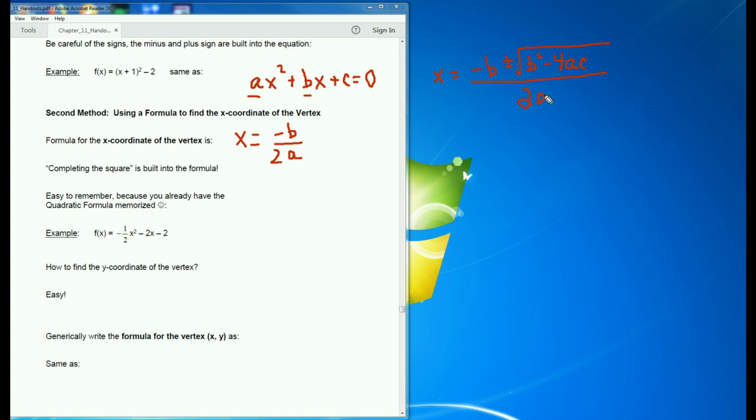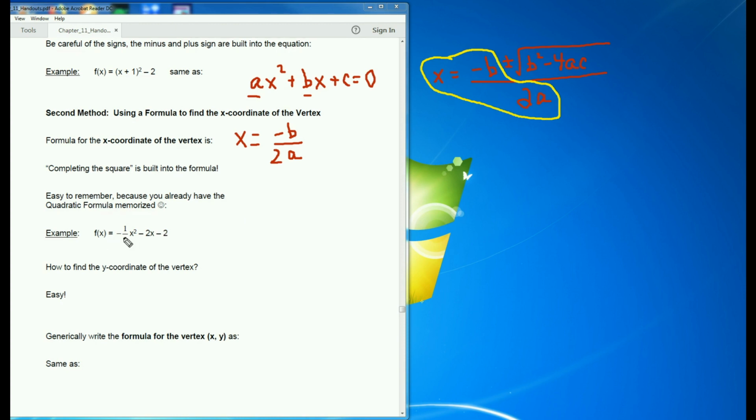And again, you're ultimately going to have to memorize this. So the nice thing is that this formula is right here. There's your x equals negative b over 2a. So it's not like a separate thing you have to memorize. It's built into the quadratic formula. Okay? All right, so for example,